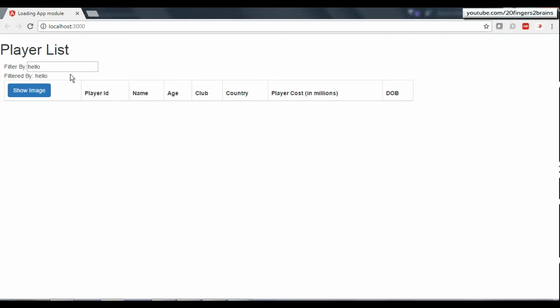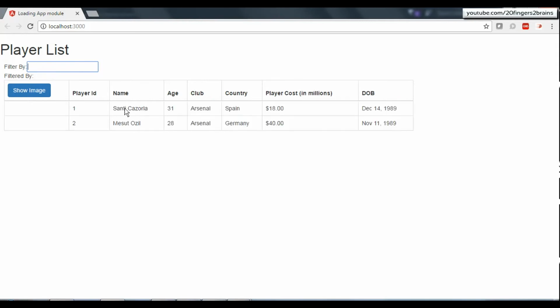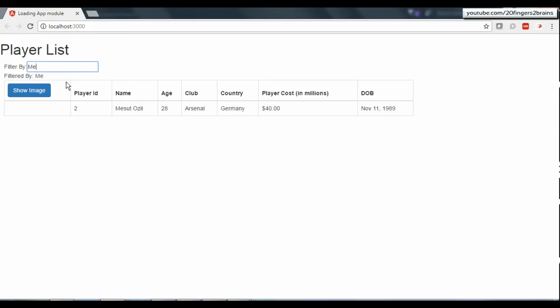By default we are rendering hello into this text field, and we do not have a player in this grid with the name hello, so that is why the grid is empty. If I remove this hello, you can see the grid is back to 2 players. Now if I type SANTI, you will see a single player. That is because based on this filter by criteria, our pipe has filtered the collection, and it is only displaying Santi because it matches the filter input. Now if I remove this, you will see 2 players, and if I type ME, then I'm able to see the second player. So this is how filter by is working,